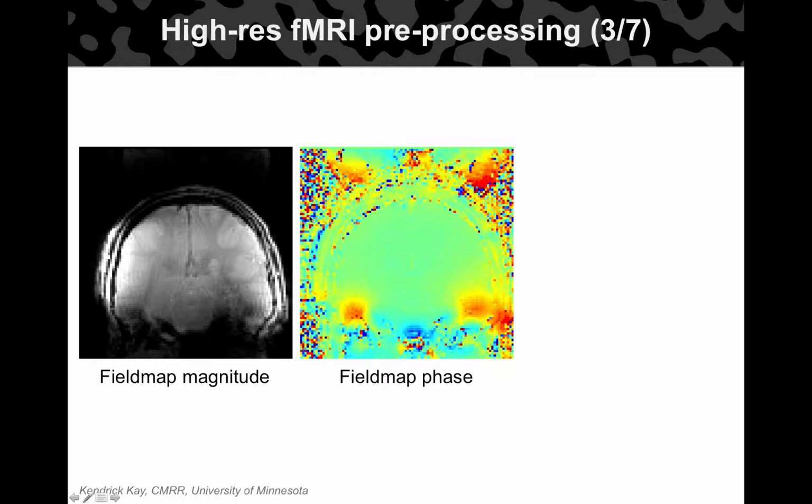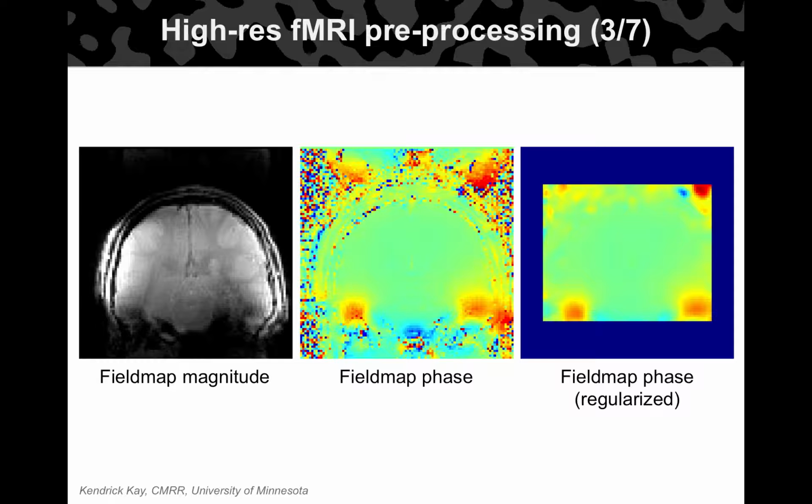I don't know what resolution this was conducted at. Anyway, you can see you get an apparent field estimate everywhere, even when there's no proton signal. So it's important to regularize this, and we use a specific statistical method to do so. It's a local linear regression where we use the field map magnitude as a weight. I think this is important because if you use these field maps in a lot of these approaches, the quality of results is directly dependent on how good the field estimates are.